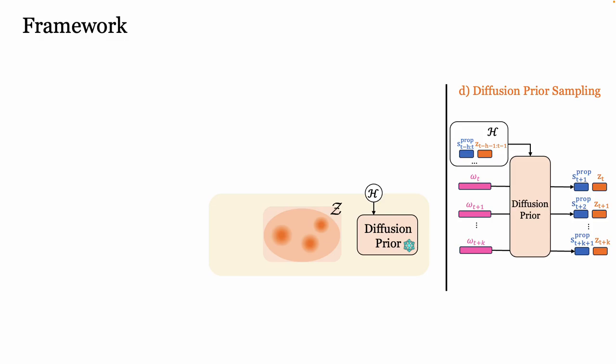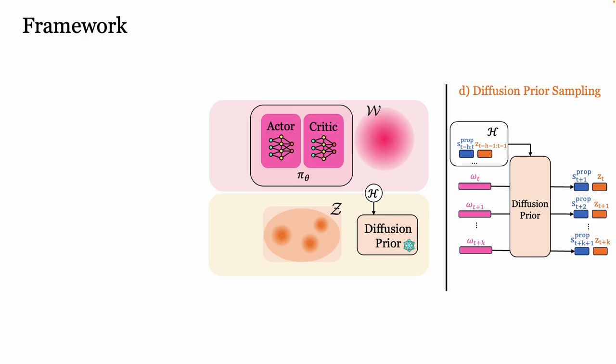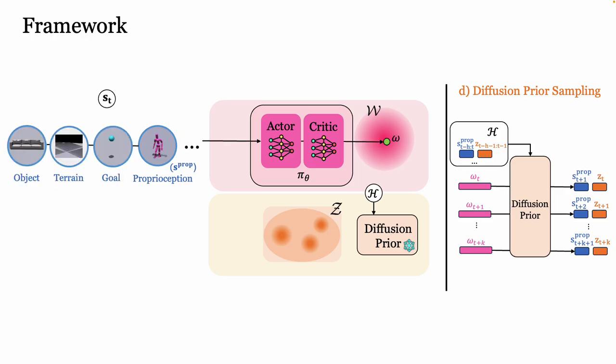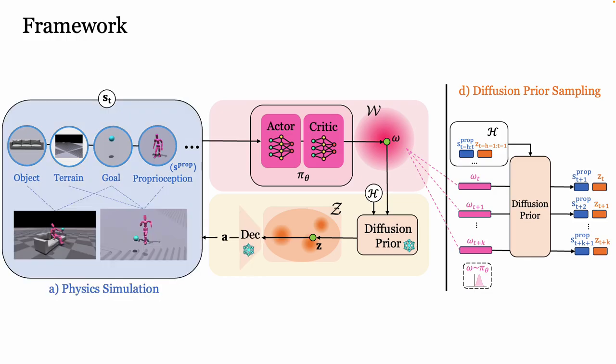The NaP-Control framework treats a pre-trained diffusion prior as a structured action manifold rather than a fixed generator. Instead of predicting raw joint torques, the navigation policy π-theta maps the character's proprioceptive and environmental state to a latent noise space. This noise is processed through a DDIM ODE solver to produce a sequence of task-aligned latent actions, which are mapped to the joint level via a frozen decoder for physics simulation.